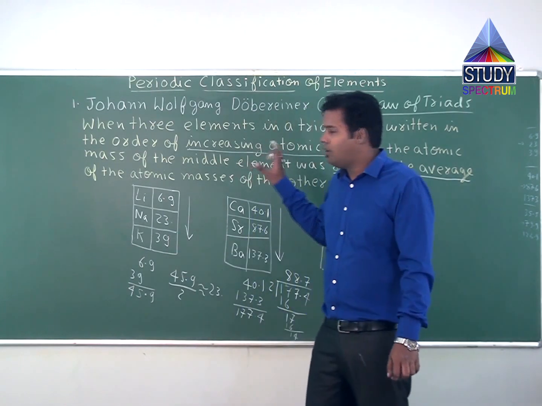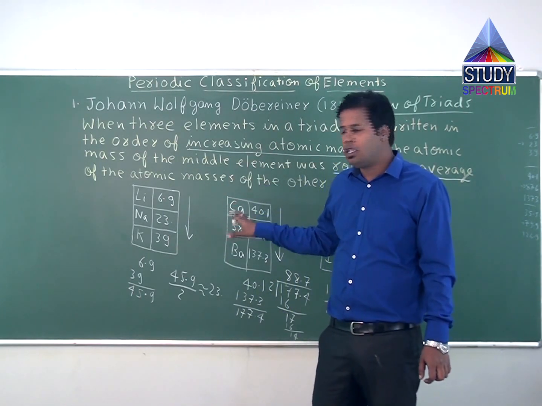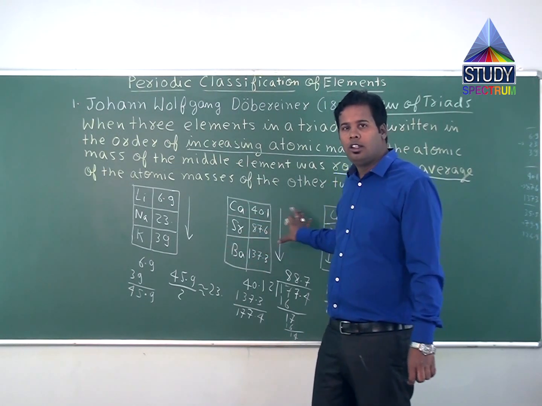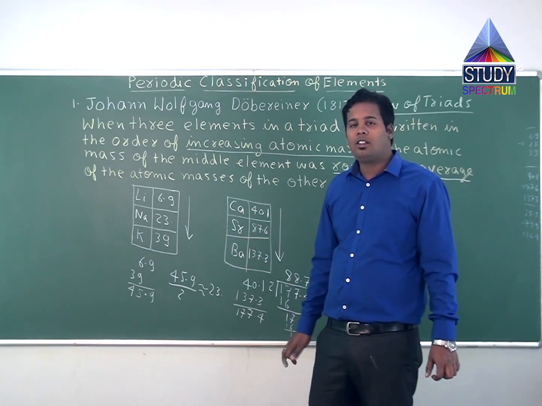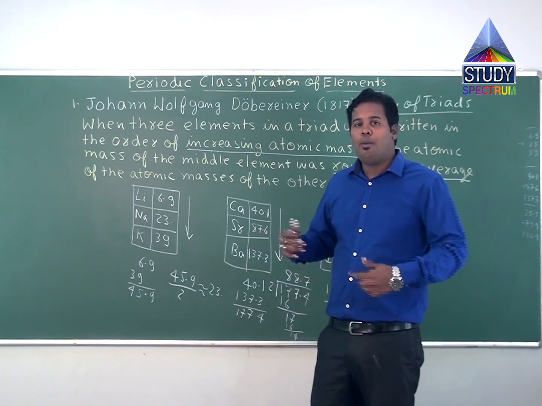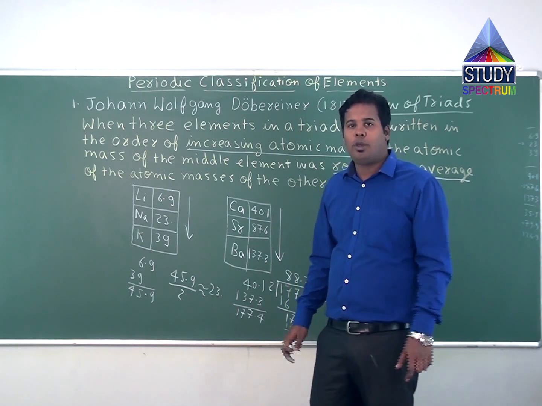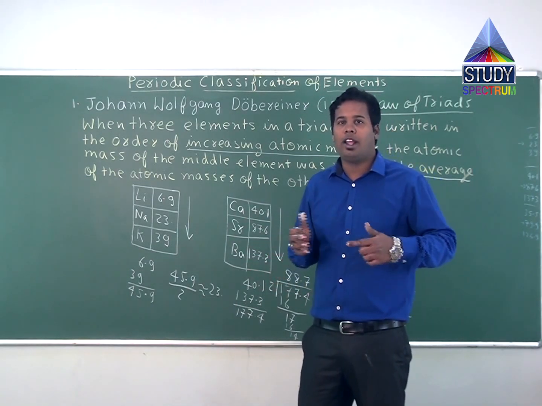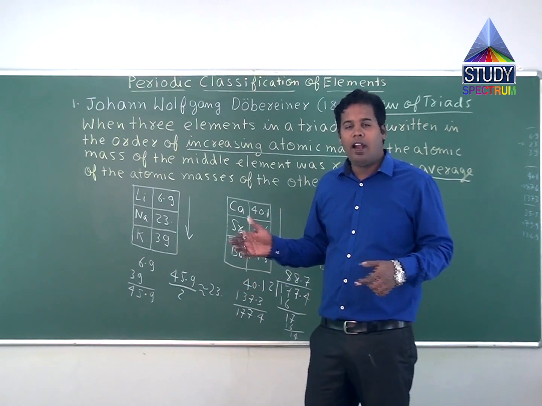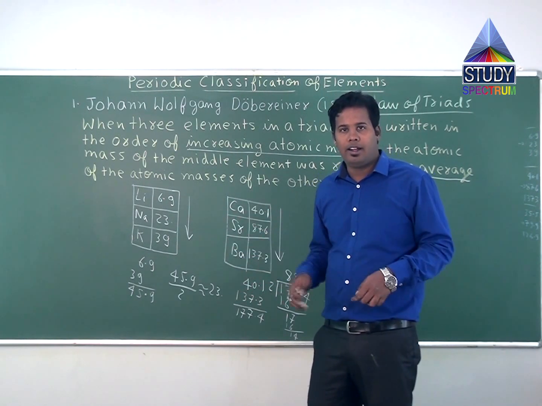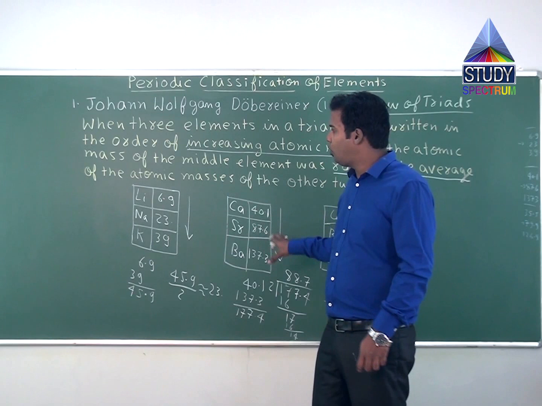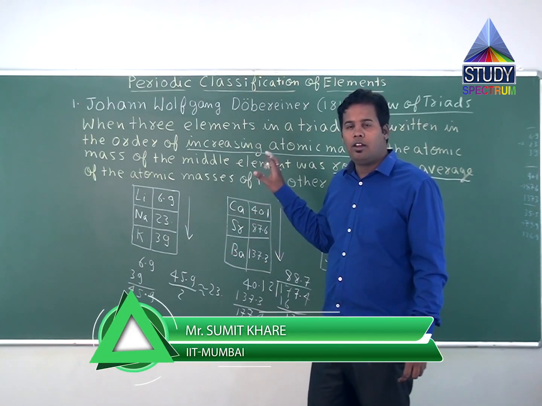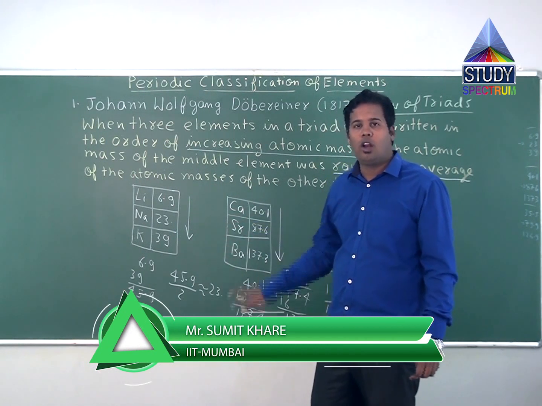We have just learned about the law of triads. We have just seen how it was getting justified for the three triads he formed. But let us try and understand, apart from merits, there were a few demerits also, because of which this law failed and his periodic table was not accepted wholeheartedly, and then after came an English scientist, Newland. So let us talk about the merits and demerits once again for this scientist who gave the first recognized attempt in order to classify elements.